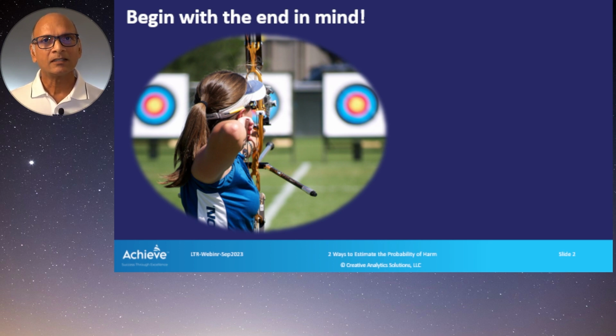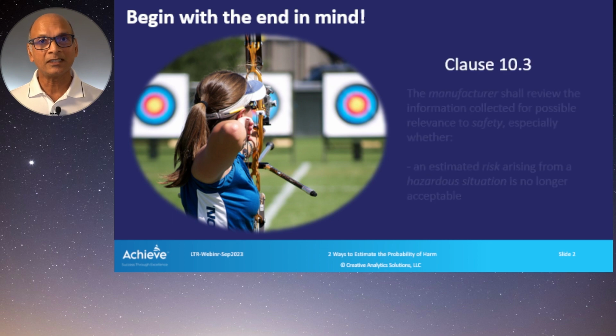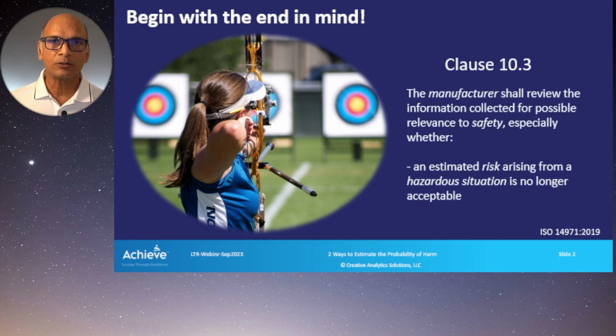But to me, the real reason why we want to do it is in clause 10.3. In clause 10.3, ISO 14971 requires the manufacturer to review the information collected for possible relevance to safety, especially whether there are a couple of other requirements. I've just picked the one that is relevant for our conversation today. We have to do that to figure out if an estimated risk arising from a hazardous situation is no longer acceptable. To me, this is the most important reason to have a good estimation of the probability of harm